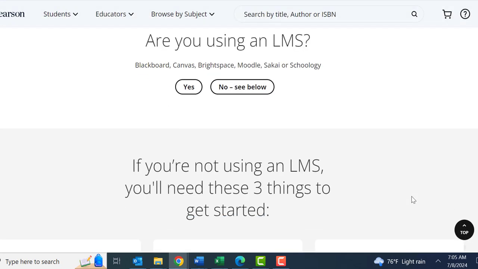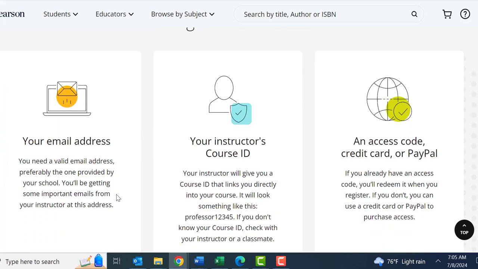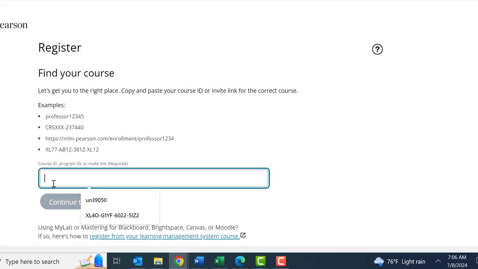After that, be careful: if they ask you if you're using LMS, because we didn't do the direct integration, your answer is actually no. So you will see below, you're going to need your email address, the course ID we just copied, and the access code, which you have to purchase. So we're going to register for a course required by your instructor. So click on that, and then I'm going to paste